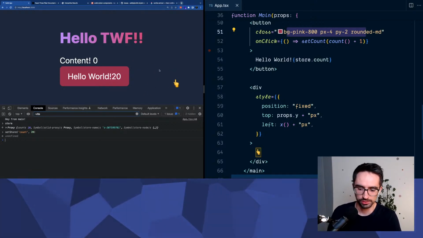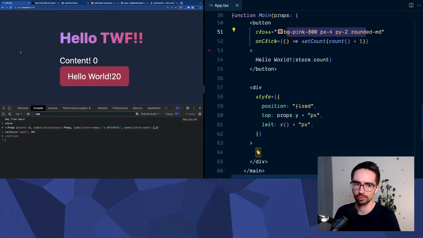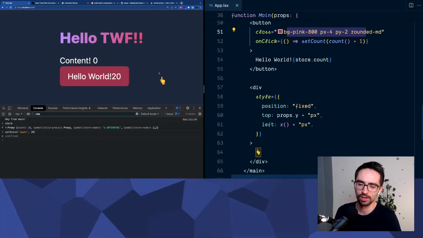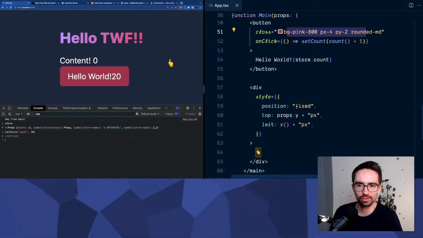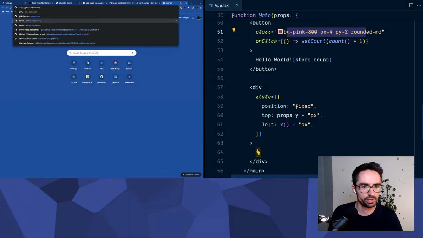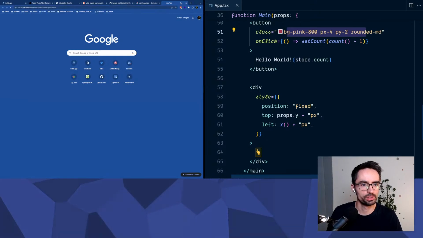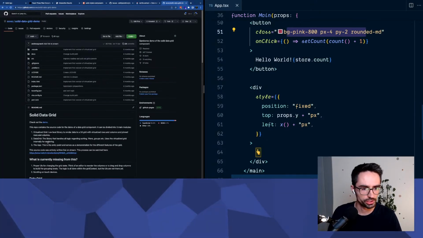Any other questions? So for me, when I started with Solid, I just picked something where I built something that really makes use of the reactivity of the framework. And it was so much fun because you don't really have to worry about anything. At the beginning of the year, we had this hackathon, Solid Data Grid, where we built a data grid with Solid.js,